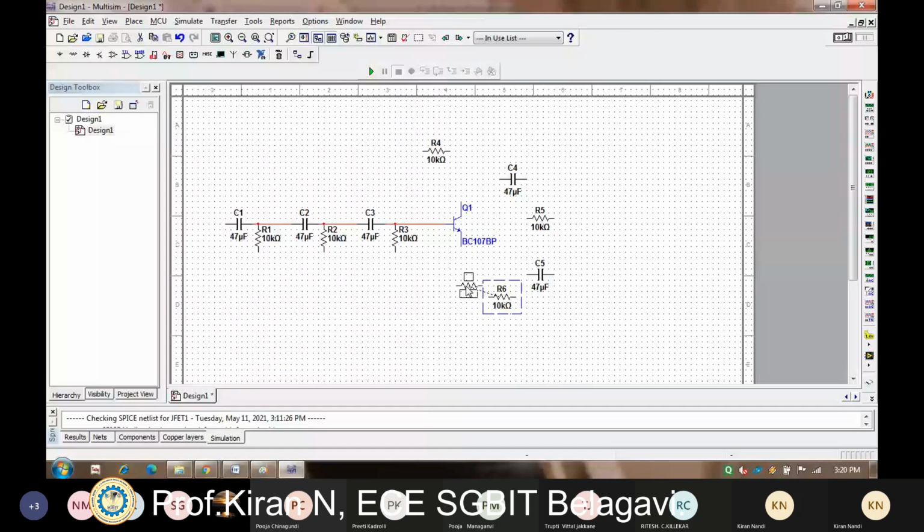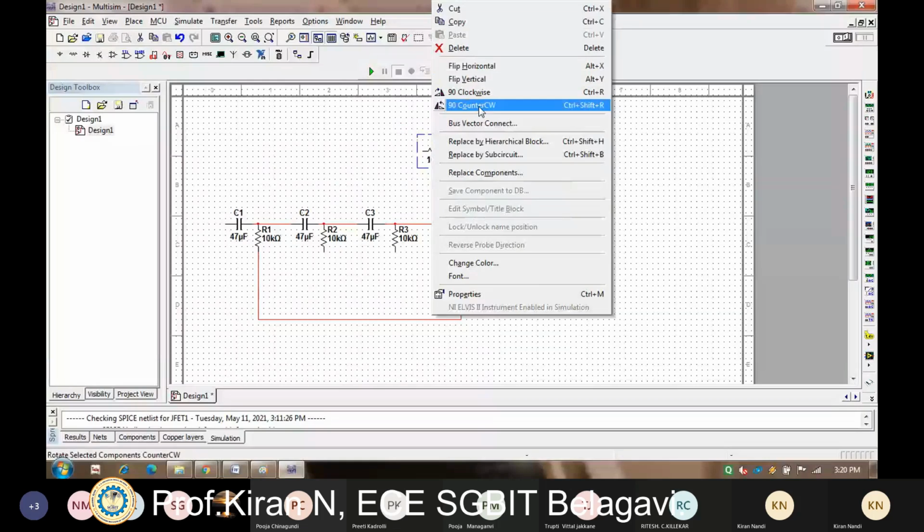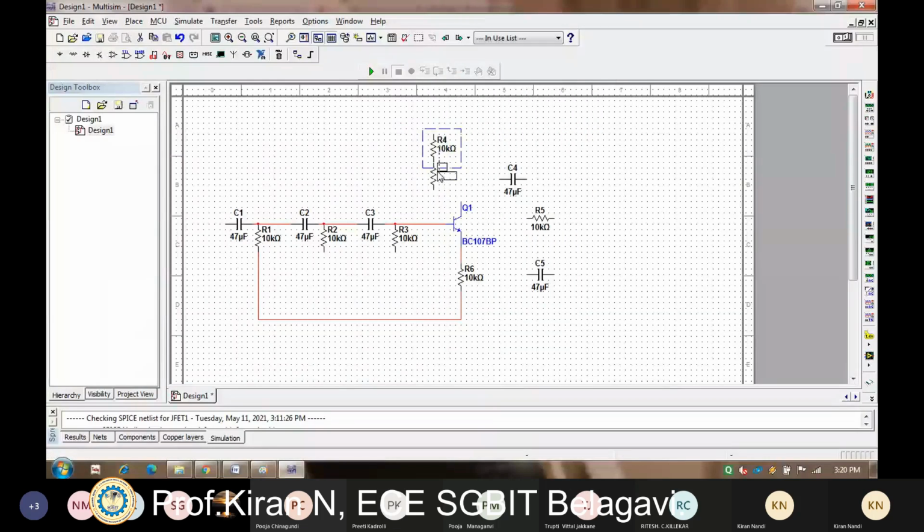I'll rotate this clockwise and I'll place this resistance here. Connect this. Connect this resistance like this. Rotate this resistance also clockwise. It's a voltage divider circuit. Now I'll be connecting.